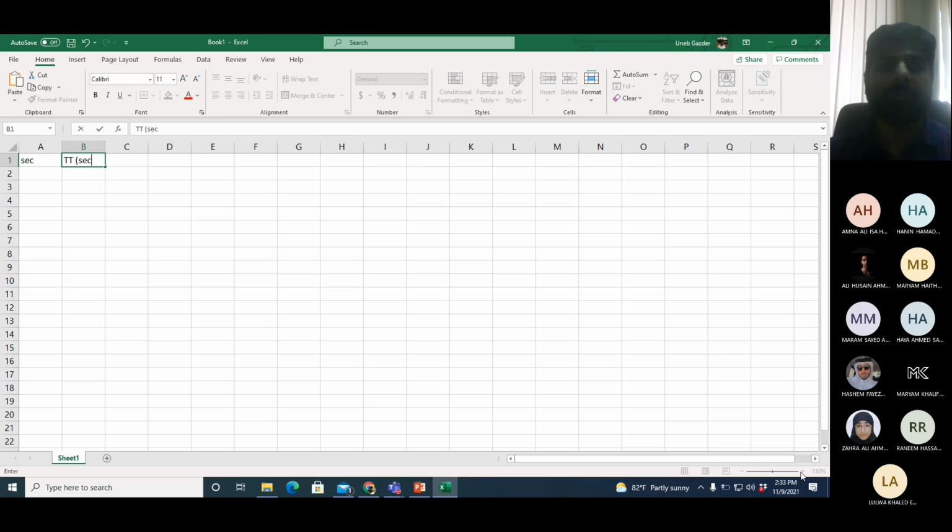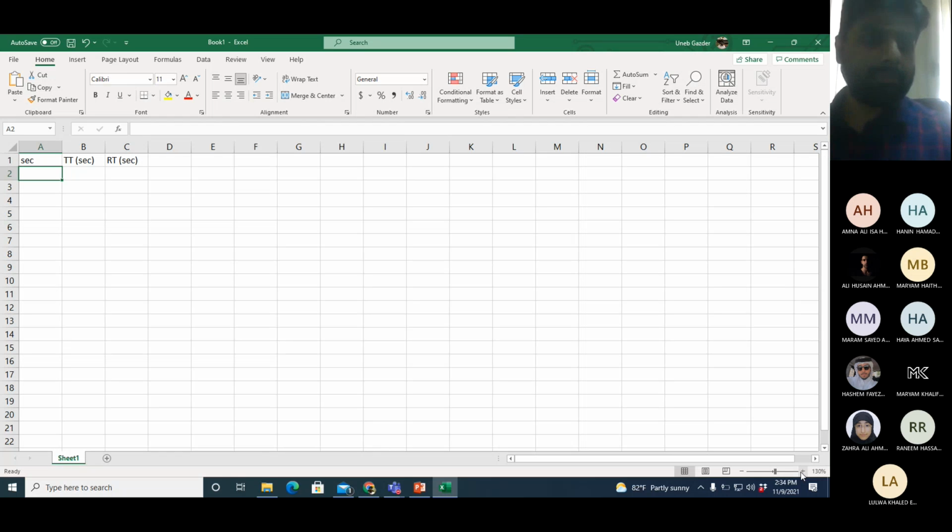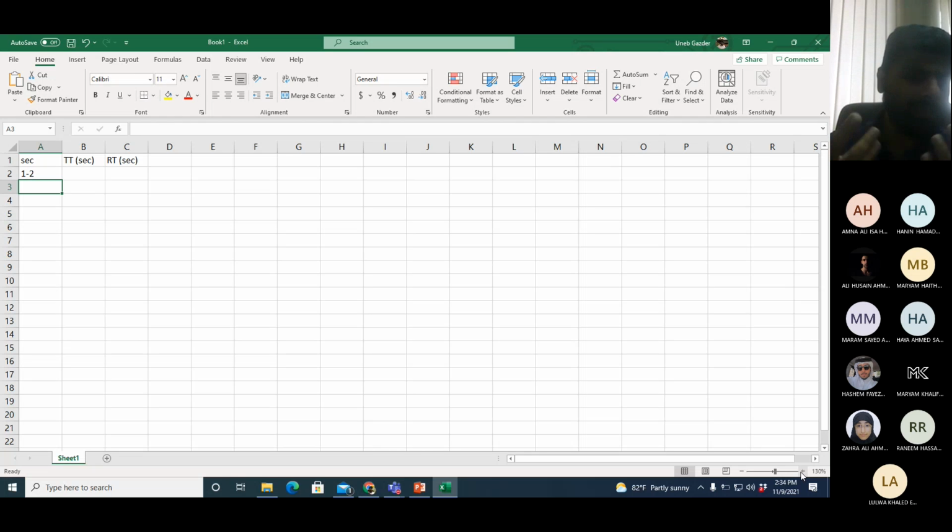Travel time. Now, for the sake of Excel, you have to convert travel time and running time to seconds. Okay, Excel cannot plot minutes and seconds. Can it? I don't know. Yeah, it will take it as time. Okay, so this is dangerous. Okay, so 1 to 2. Another point which may be important when you are doing it for your projects or for your senior projects or for any other course.